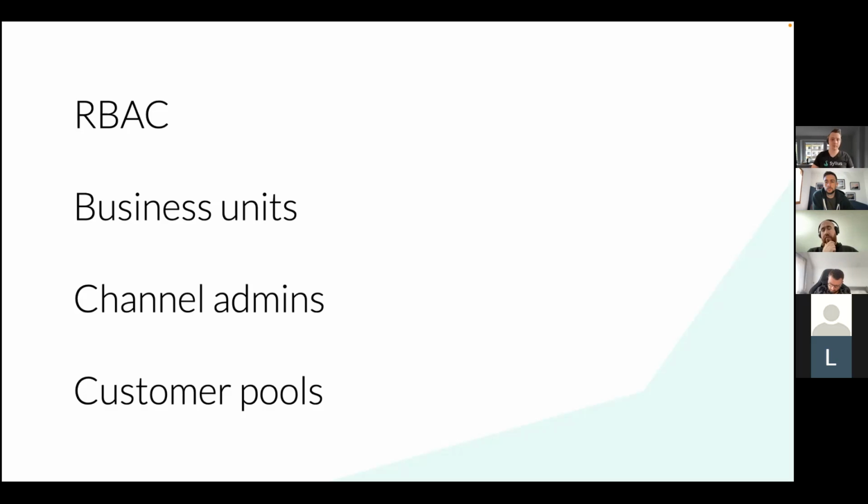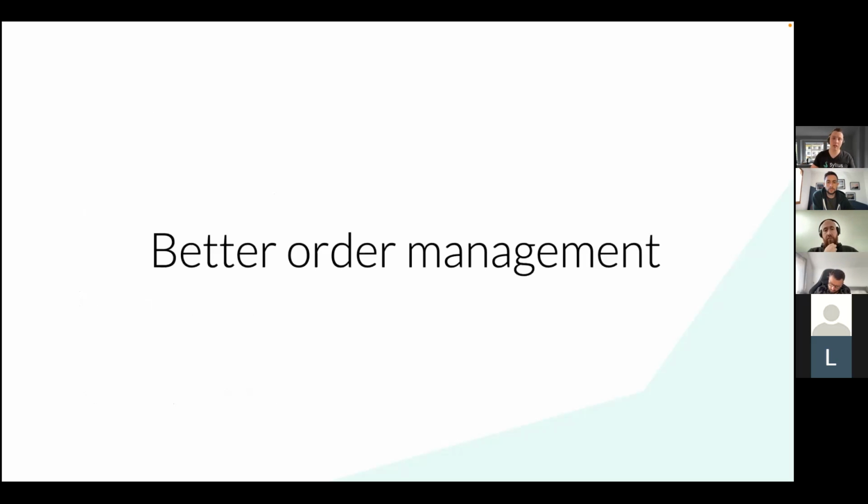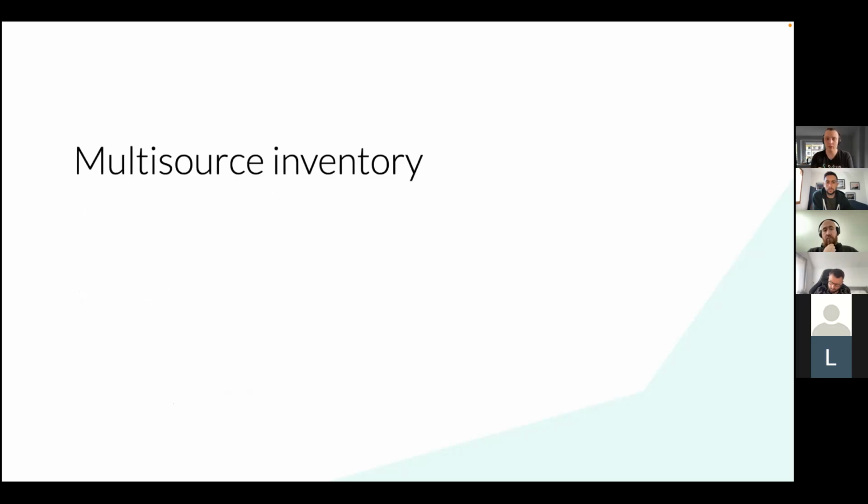The second big chunk of features is better order management, and this part focuses on multi-source inventory. So in Sylius Plus, you may have different warehouses that will store your products, and then we will determine from which warehouse the package should be delivered. Secondly, we have split delivery. So once you receive an order, you may decide manually in the admin panel that, okay, I have some part of the parcel already ready, and I would like to send just part of it, and this part will be delivered right now with some tracking code, and the rest will still wait for its